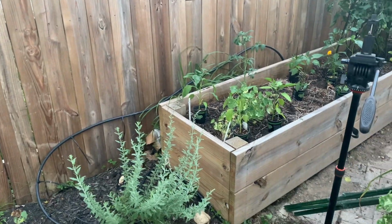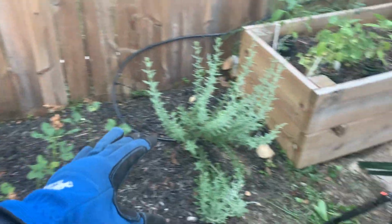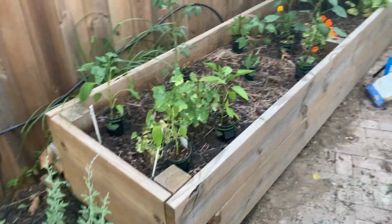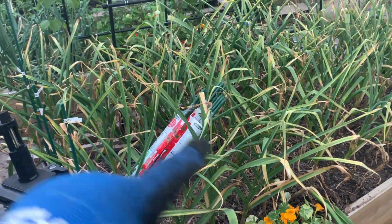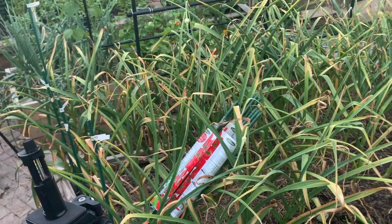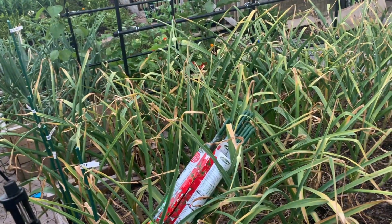Here's a quick look at the area. All right, so here's the bed, and here's the proximity to the rest of the garden. Just to orient you guys where we're at. And here's all the garlic that I plan on harvesting this weekend. I mean, it's just crazy dry. We had a lot of rain the past couple days, and so I just wanted to kind of dry out